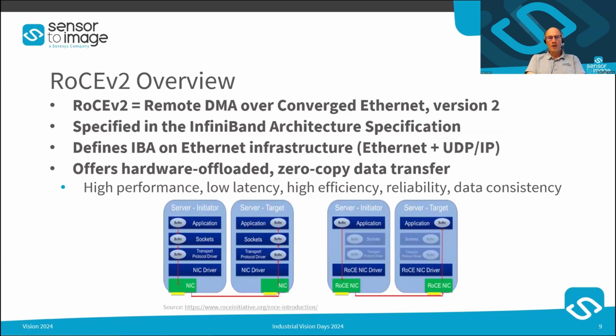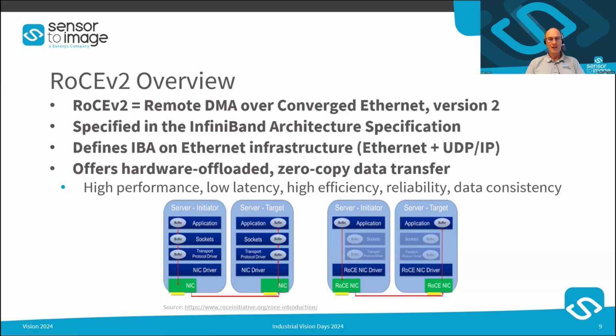What is RoCEv2? RoCEv2 is the abbreviation for Remote DMA over Converged Ethernet version 2. This is, as previously mentioned, not a new development. It's specified in the InfiniBand architecture specification, and RoCEv2 specifies that InfiniBand protocol on the Ethernet infrastructure. So Ethernet and still UDP IP packets, but within those packets we have some enhancements, so we do not have the same disadvantages as with the existing GVSP protocol. It offers hardware-offloaded, zero-copy data transfer, and that brings high performance, low latency, high efficiency, reliability,